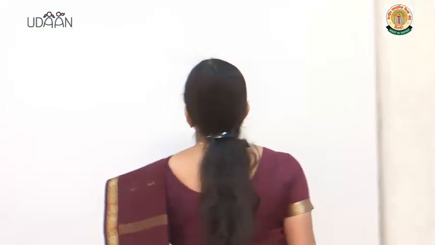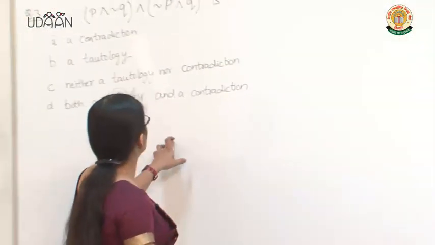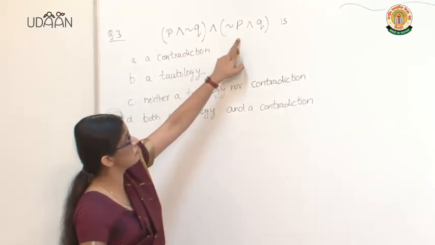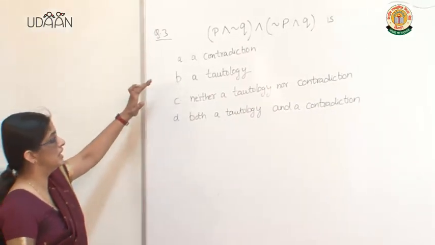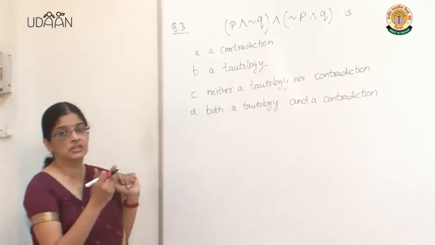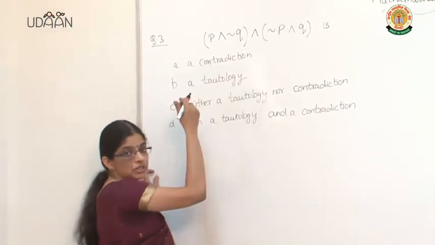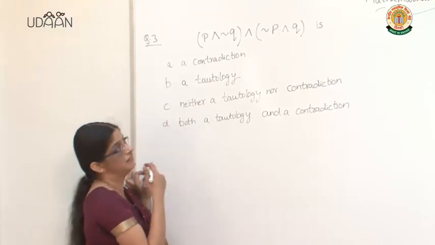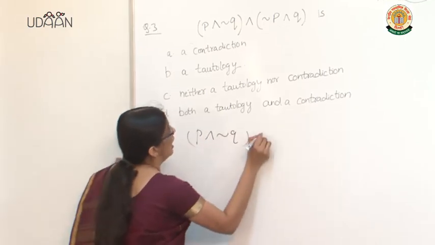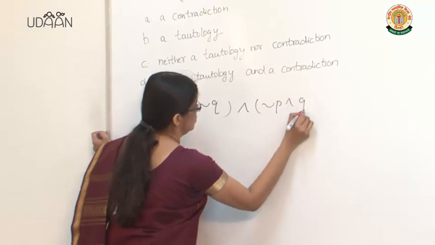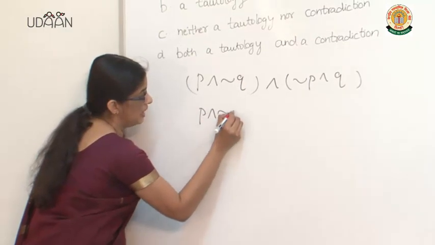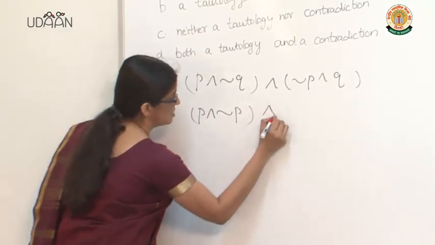Question number 3. Question is written on the board. P and negation of Q and negation of P and Q. You have to check whether it's a contradiction, tautology, etc. As I said, you have 2 methods. Either you can do it by truth table method or by applying the properties which we have discussed. I'll rewrite the statement: P and negation of Q and negation of P and Q. Using associative property, this can be written as P and negation of P and negation